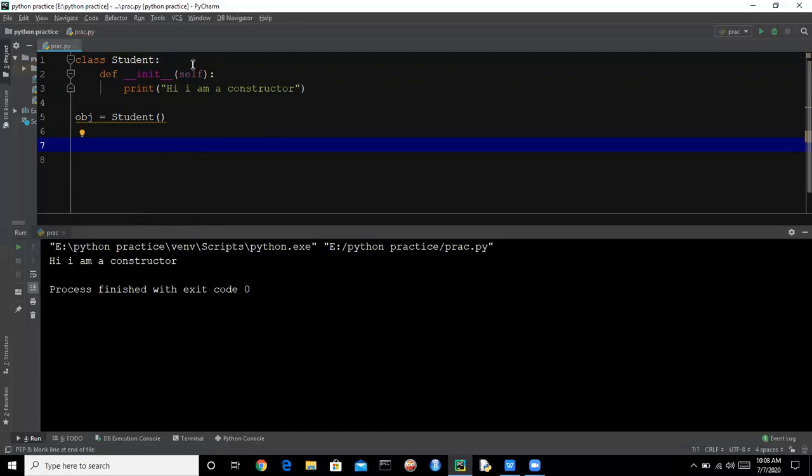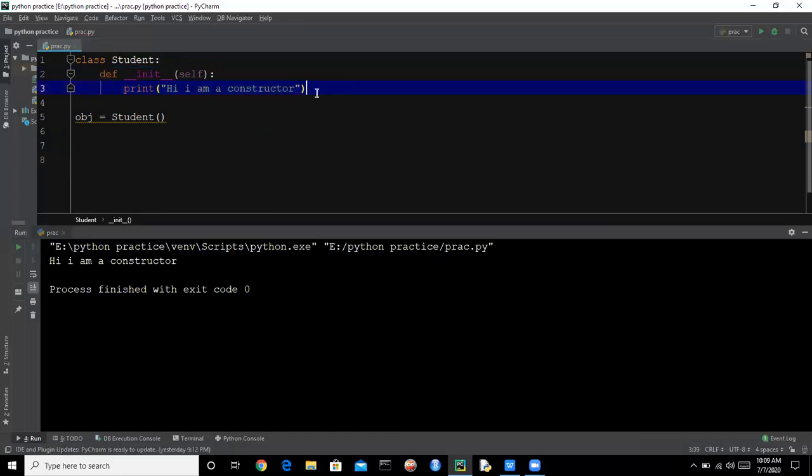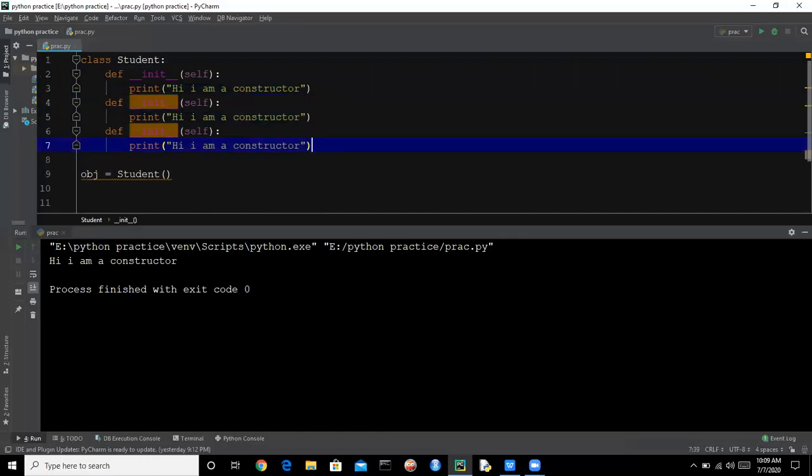So can we have multiple init functions? Yes, we can have multiple, so let's create multiple init functions. So we are having three init functions, but whenever we create an object, the class will call the last init method.